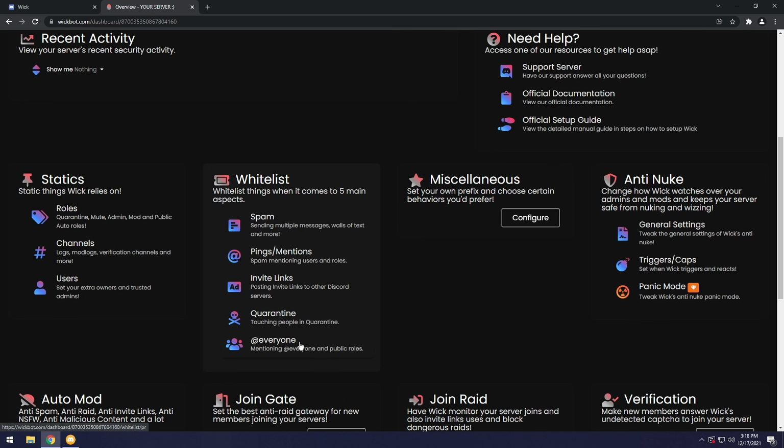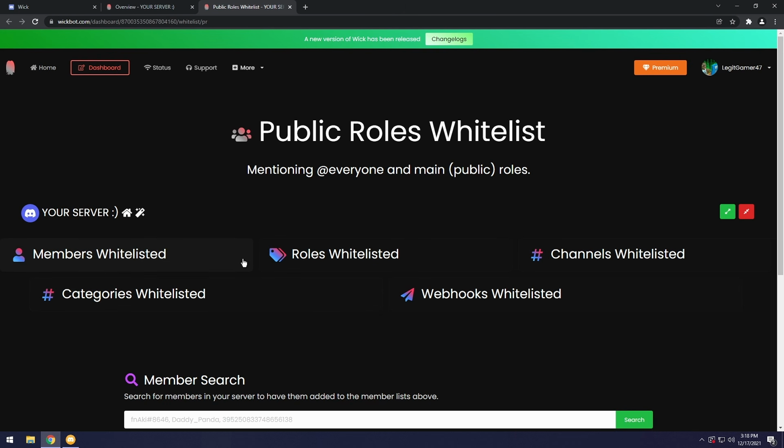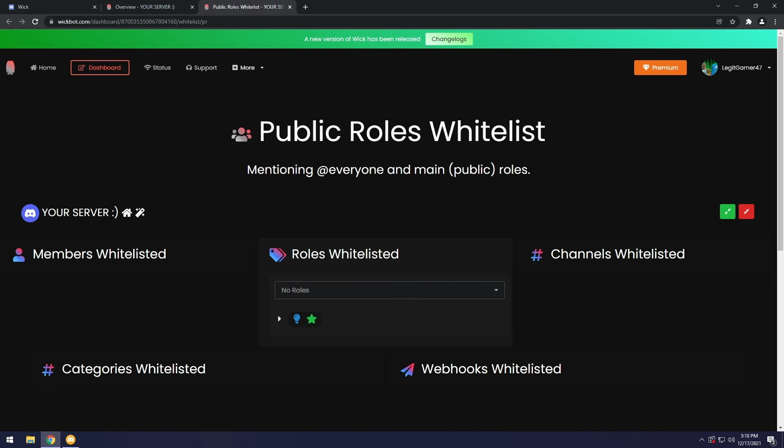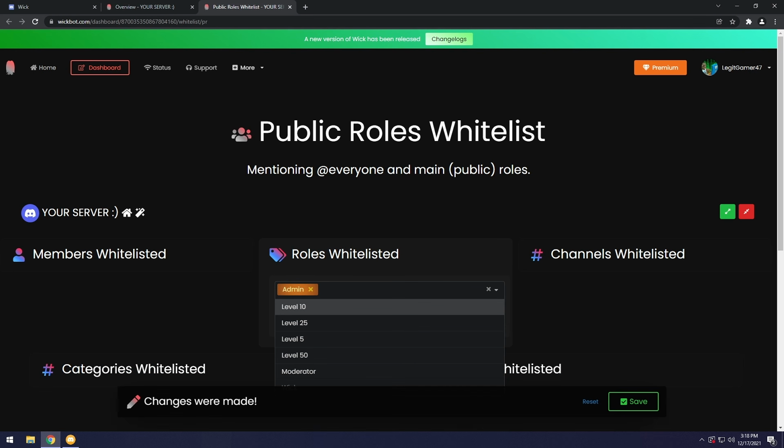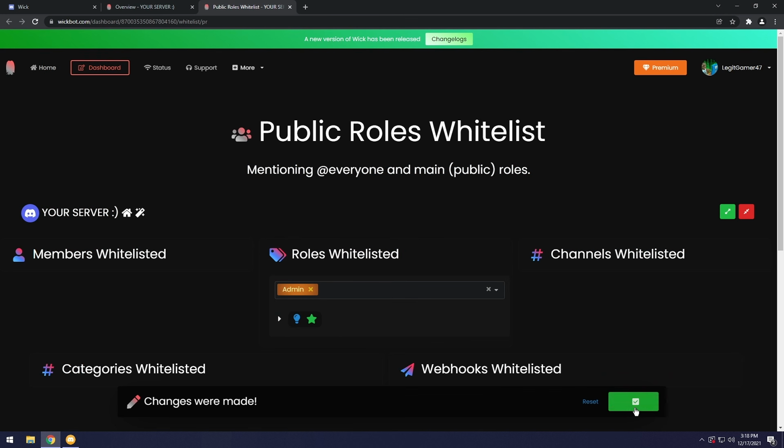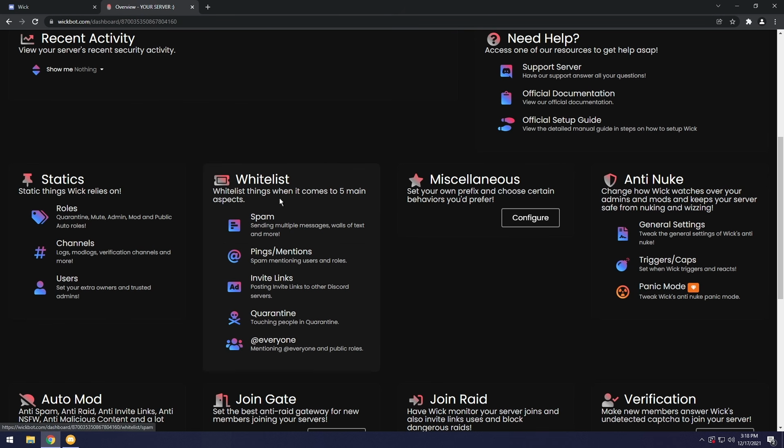And then we have the everyone whitelist, and this is basically just allowing people to ping everyone and those main public roles I was talking about. So remember the level 5, the level 10, the level 15. We want to make it so that admins can actually ping people. So I'm going to click on roles whitelisted, add the admin, and let's say you trust your moderators. You can give moderators the ability to ping everyone, but if you don't want that, just leave them out and they won't have the ability to. In this case, I'm going to only give it to my admin and click save, and that is the whitelist